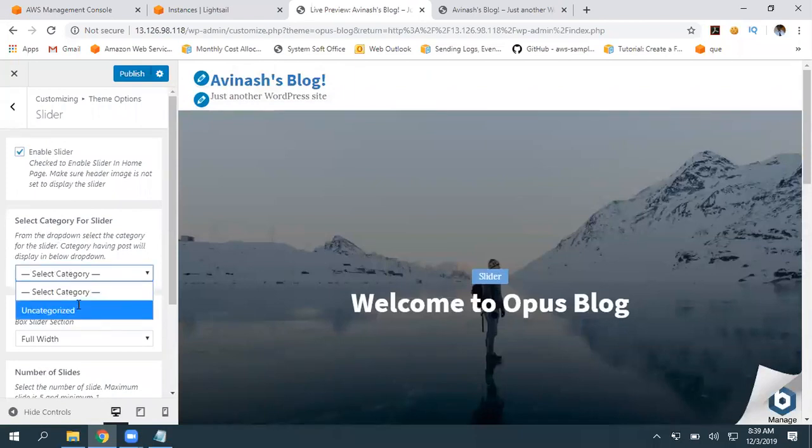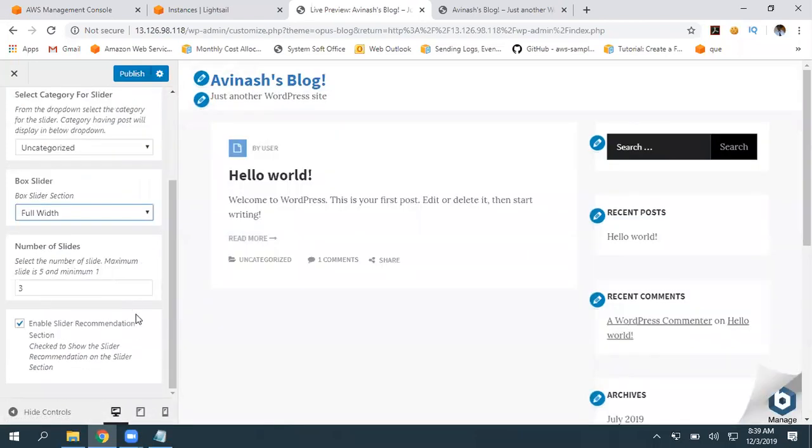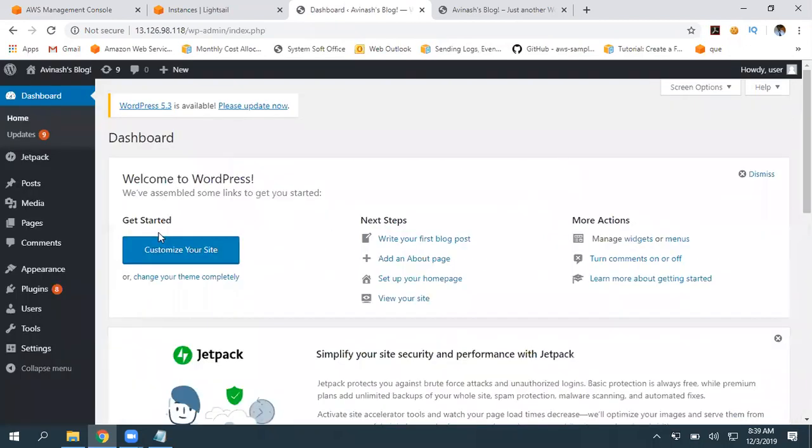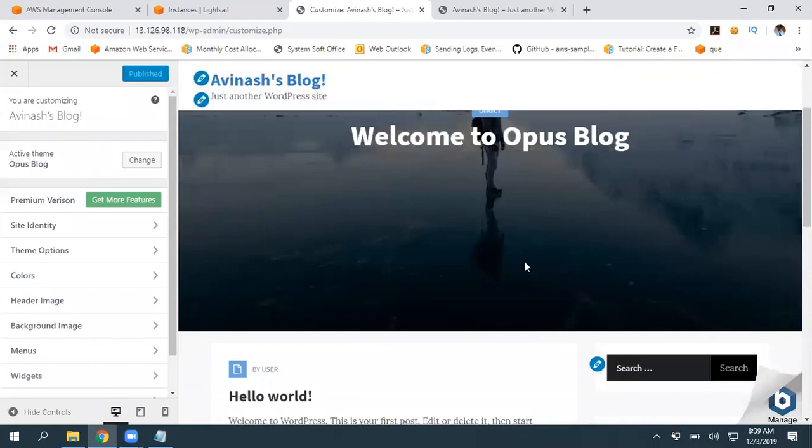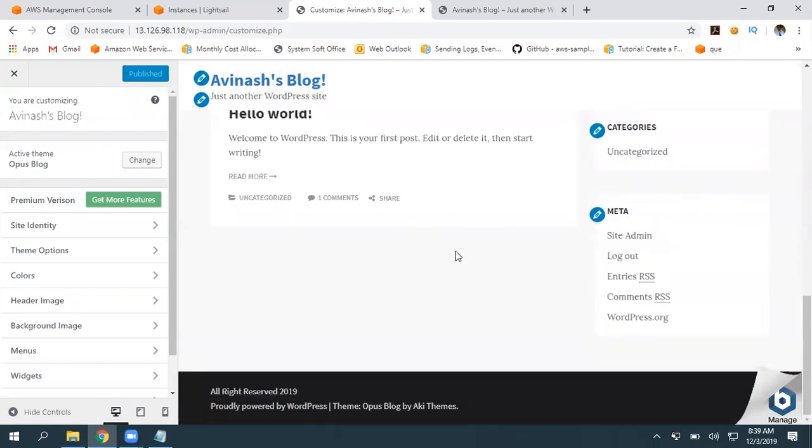Slider, what name you want to give, boxed one, how many slides you want, what are the files you want, you can simply modify. To modify this, do we really need to know HTML or CSS and all? Definitely no. Anybody can modify. Based on your requirement, you can just modify all these things.